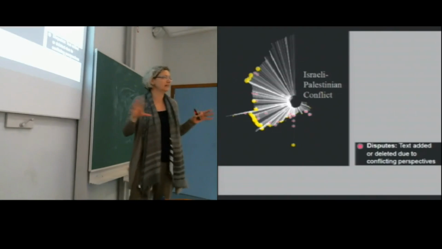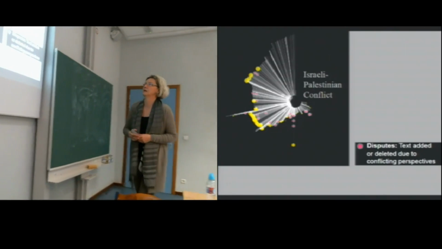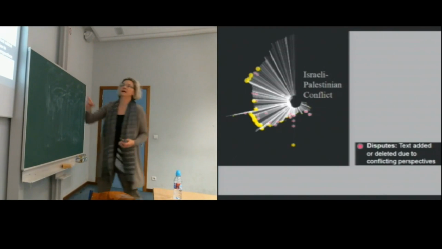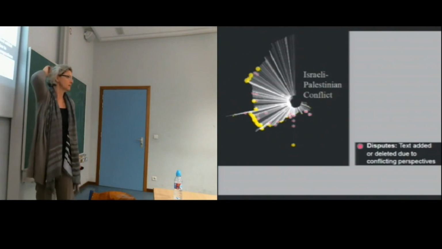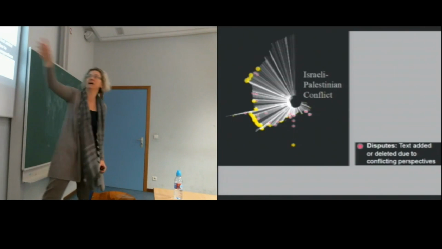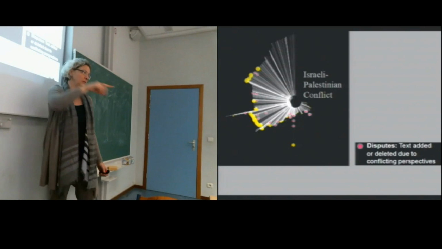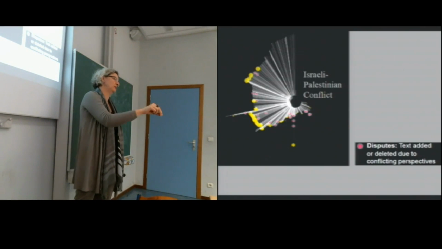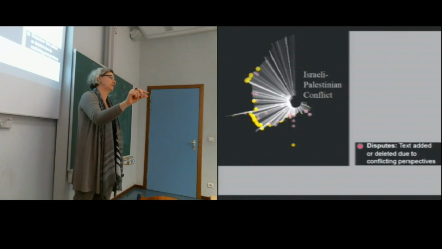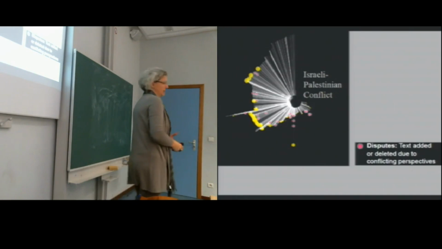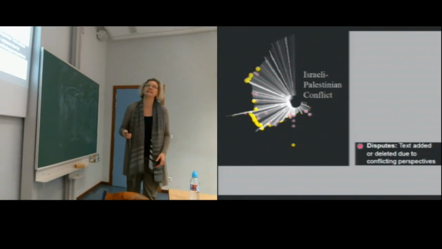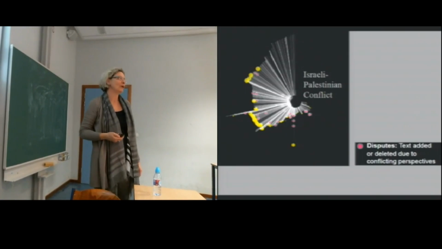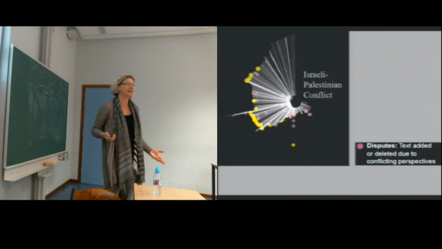How do you distinguish what is a dispute when you see that the same text comes back in and out? We check it with the comments. We actually enter and check it. If I have this active, with a mouse, I do like this and I zoom in and I have the comment. I manually check the comment. I manually check the text. It's not a statistical analytical tool. It's more a visualization of.